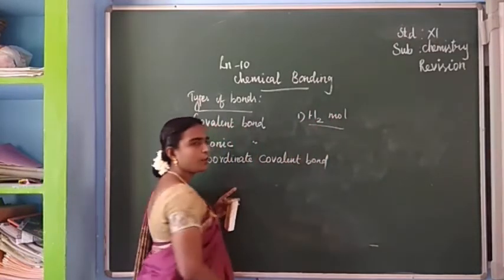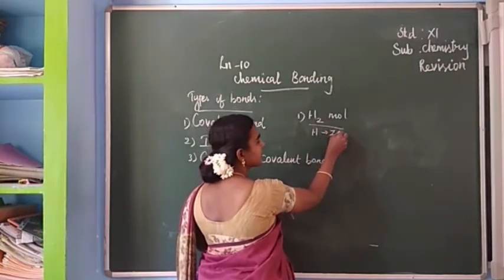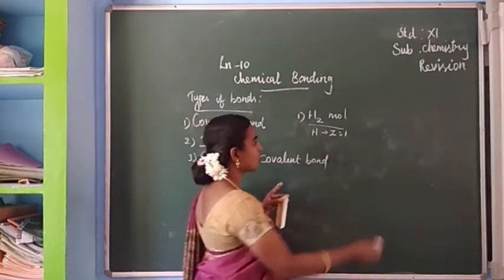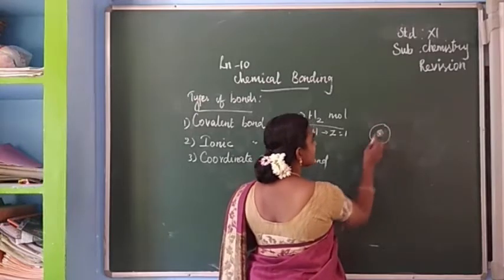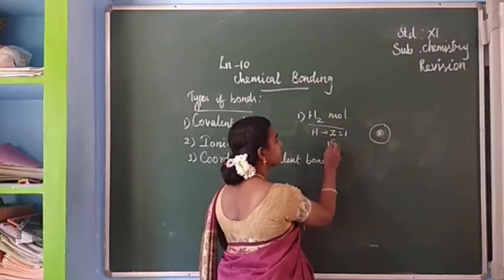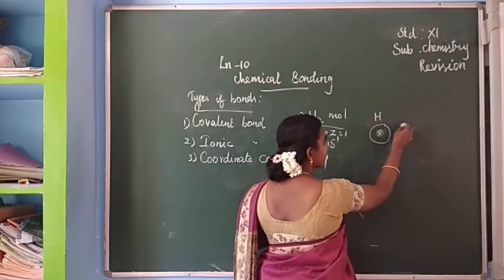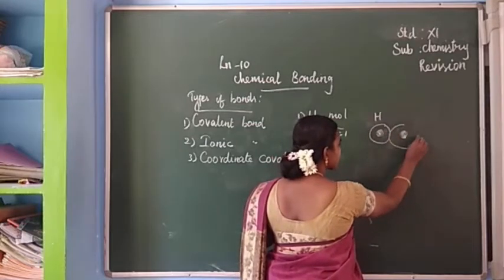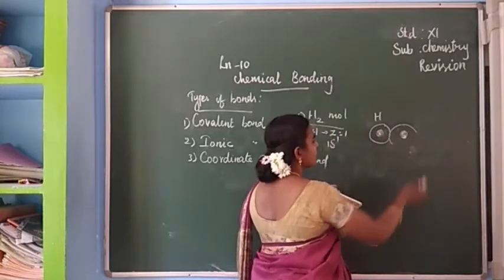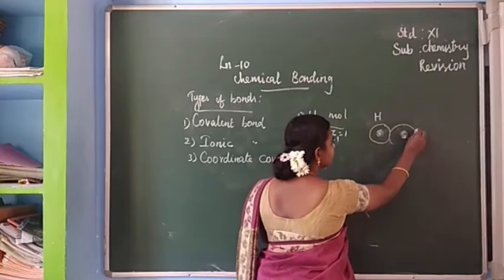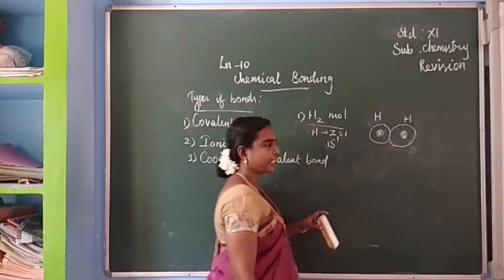So hydrogen atomic number, that is 1, isn't it? So hydrogen, its atomic number Z is equal to 1. So we can draw the structure like this. So first step, 1 as 1. The same thing we can write for one more. This is for one hydrogen atom. So this is for the next hydrogen atom. So here the same size for formation of H2 molecule. Okay, this next hydrogen atom.